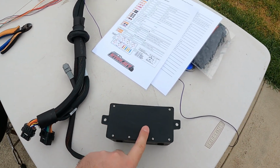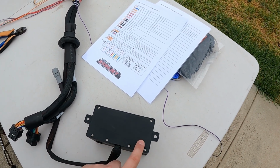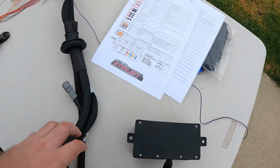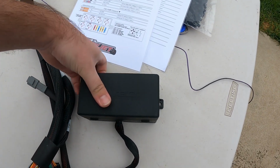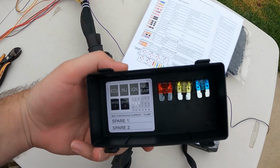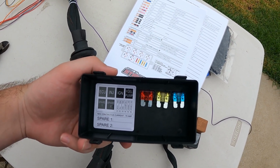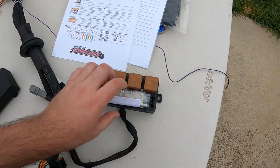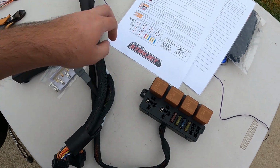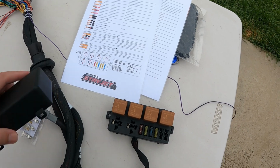So we're going to be opening up this box. We're going to be terminating some fuses and some further relays in here in the Haltech, because let's have a look here. So there you go. With the premium harness kit, it comes with 2 spares. They give you the terminals to be able to add in those additional circuits. So that's what we'll be doing today,